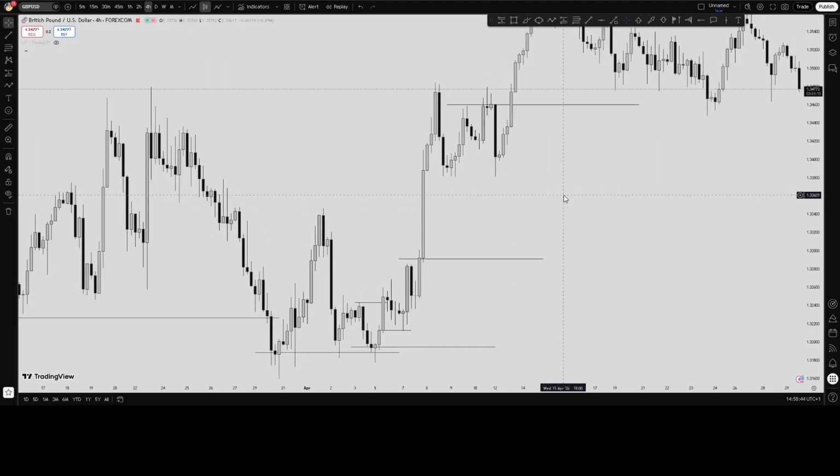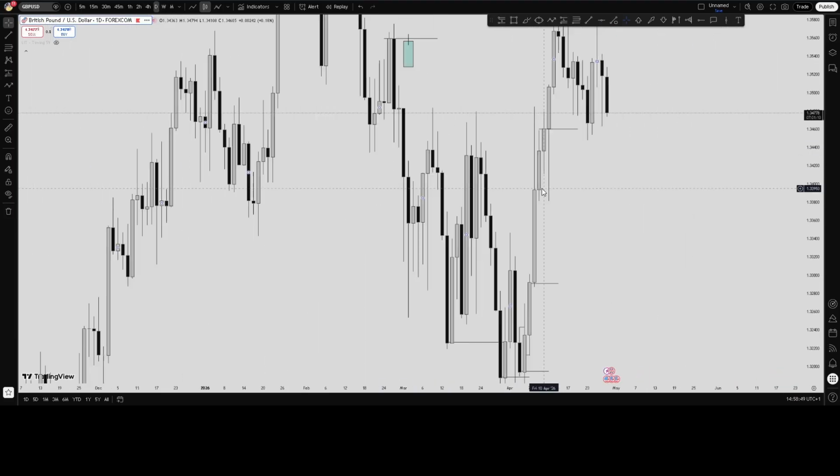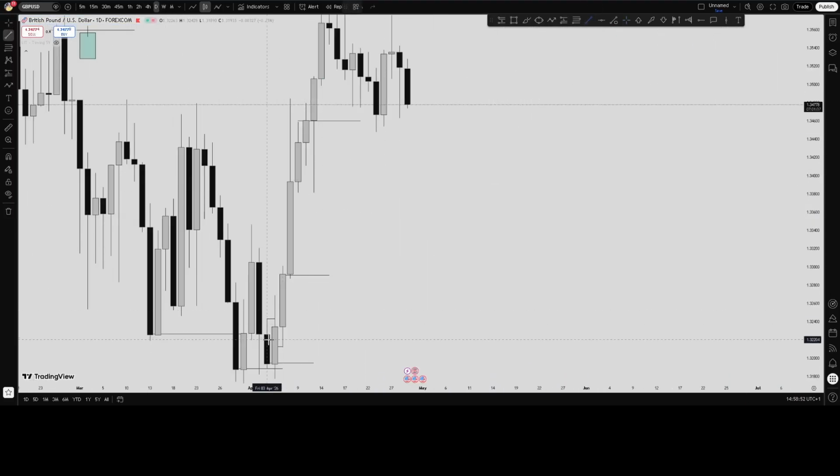Now I will do a video for entry. For now, we are paying attention to direction. Now this is another key level right here. So you can see for the whole of this